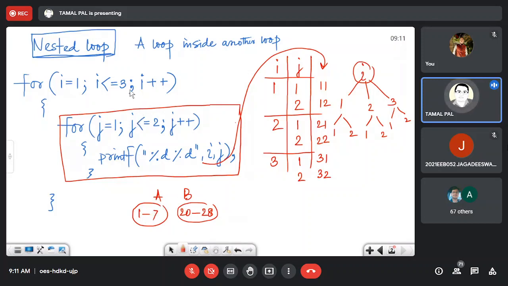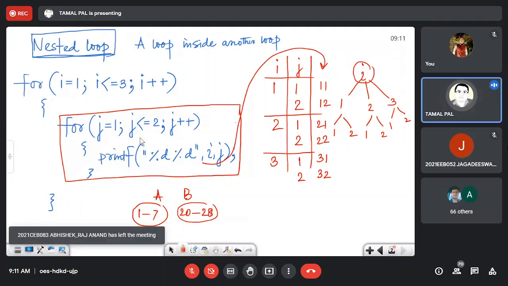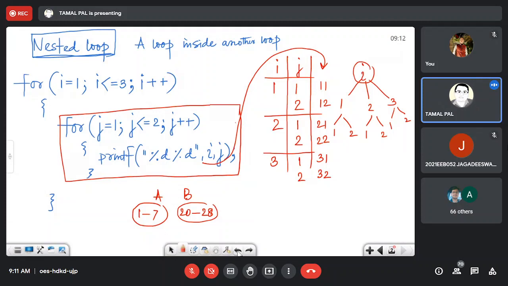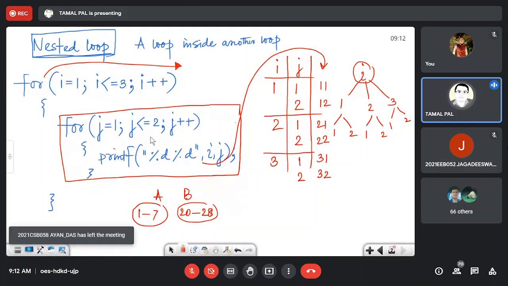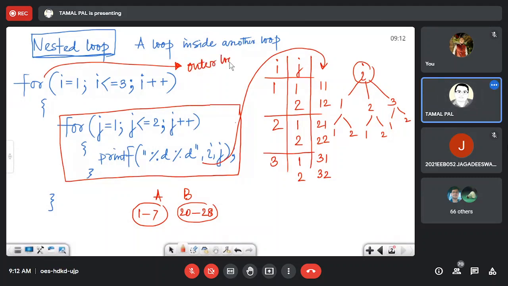You will run one outer loop. Actually, I missed the terminology. The loop that is available outside all other loops is known as the outer loop, and the loop inside is known as the inner loop.